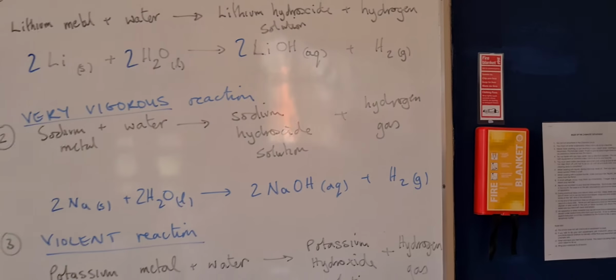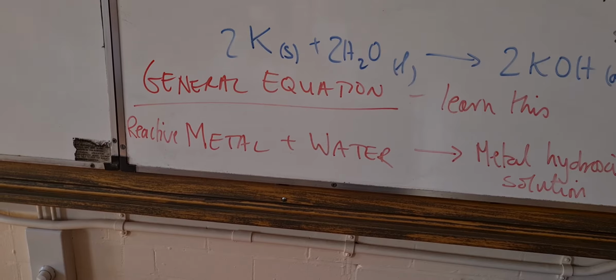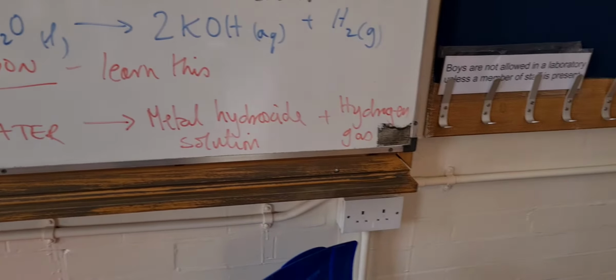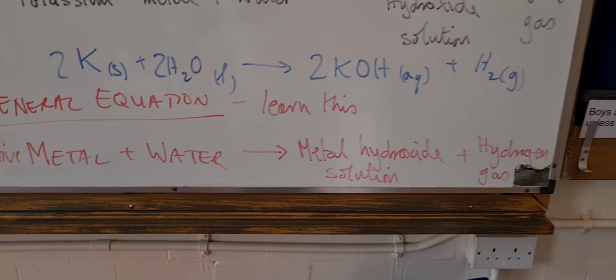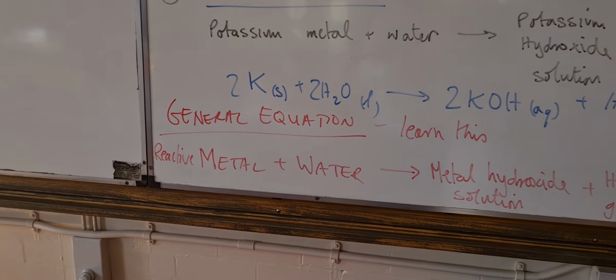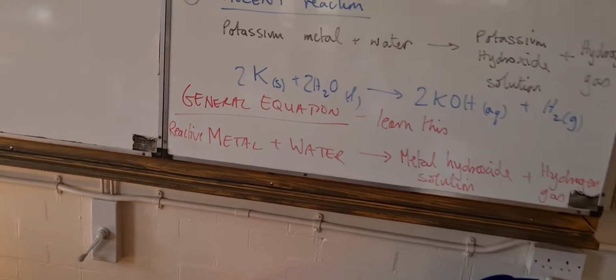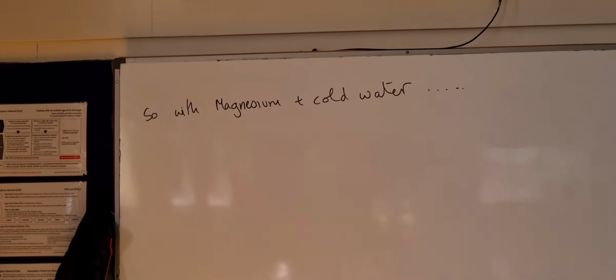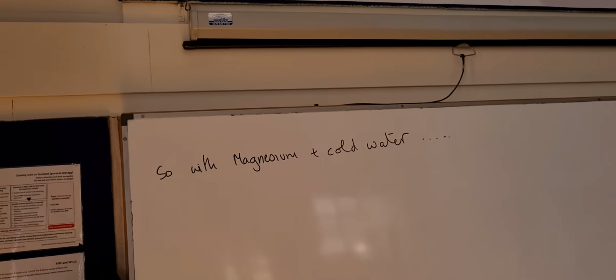is that when you have this magnesium and water making metal hydroxide and hydrogen gas, that's the hydrogen gas. When I'm wittering on about hydrogen gas being made, it's because of that general equation. So what will happen when you've got magnesium and cold water? Well, magnesium and cold water,